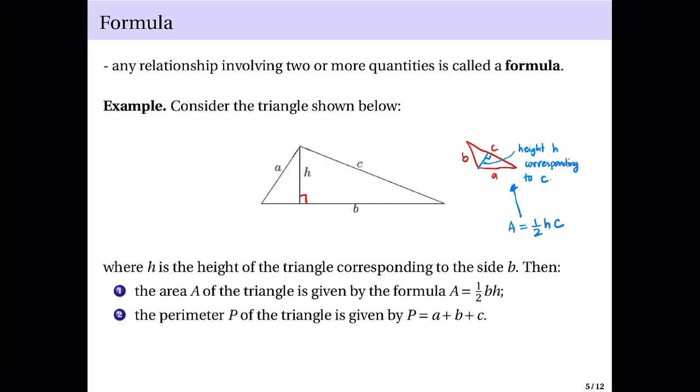And then for the perimeter of the triangle, all you need to do is to add the sides. So the perimeter is just A plus B plus C. Okay. Now, the good thing is,